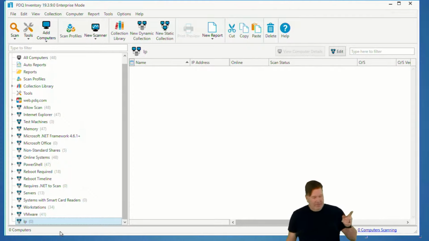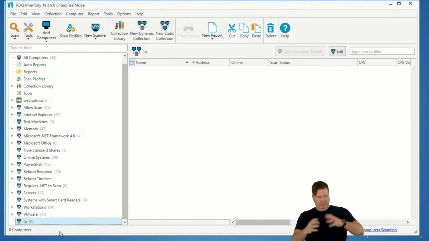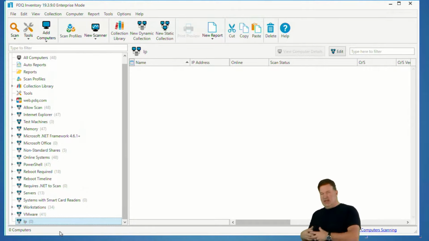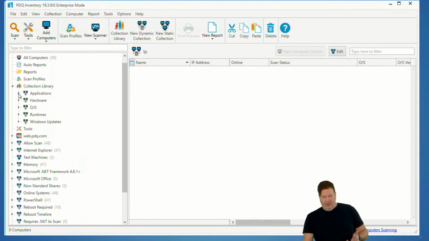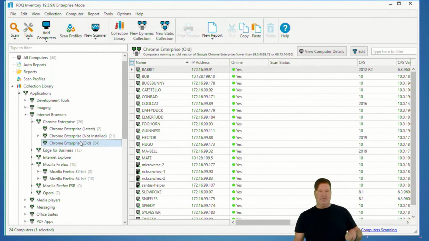Nested collections, right? All right. So this is what happens when I'm talking to a lot of customers. They're like, "Hey, I need to update," and we'll say Chrome, right? But I've got 3 machines that have to stay at a legacy version that I don't want updated, and I want it automated. So a lot of the time, if you go into applications, internet browsers, you can see here's Chrome old. We always just focus on our schedules pointing at Chrome old. I'm going to show you how to build a production version of this